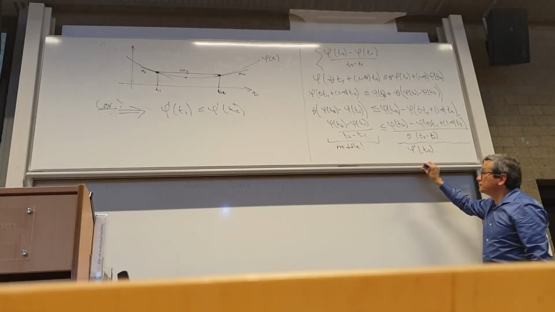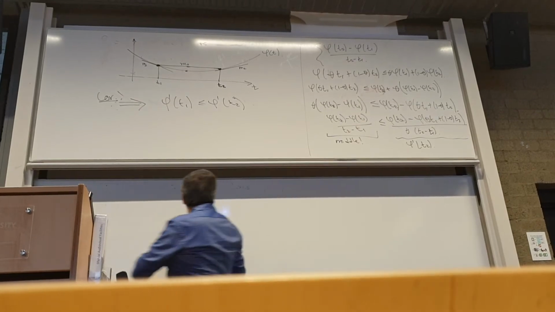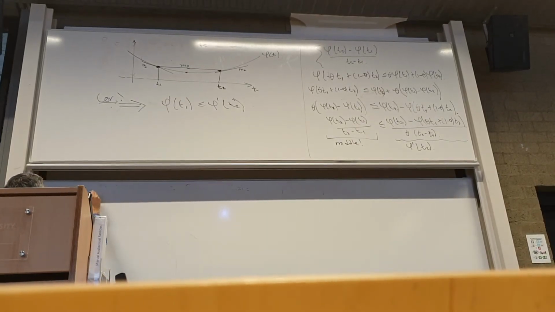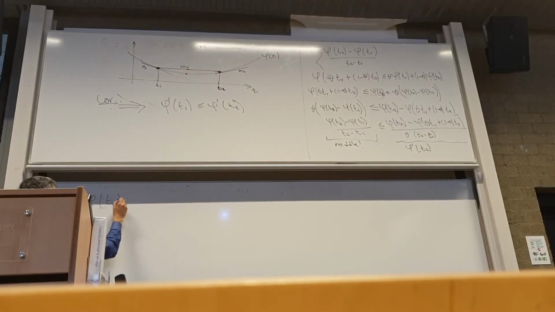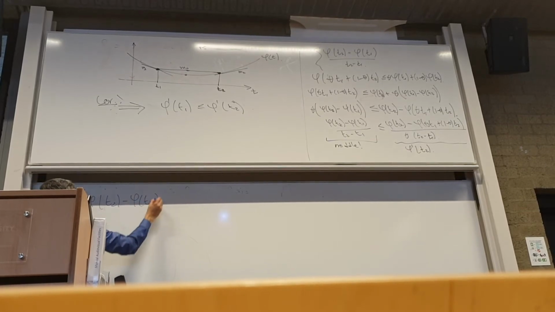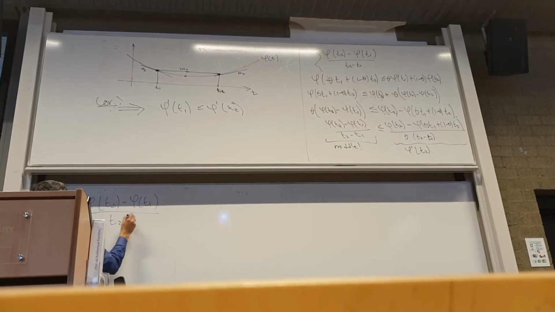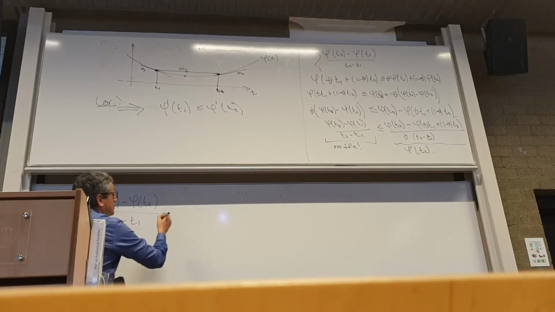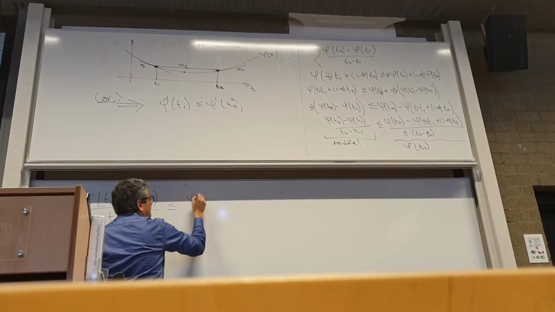Let me write again here what we have. We just proved that the middle term is less or equal than phi of T2